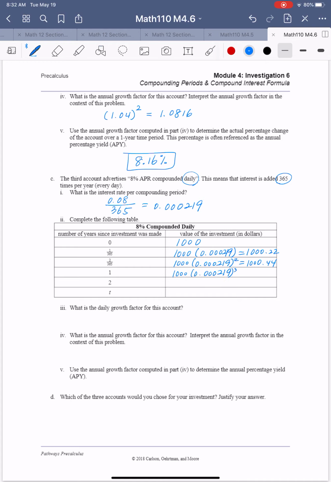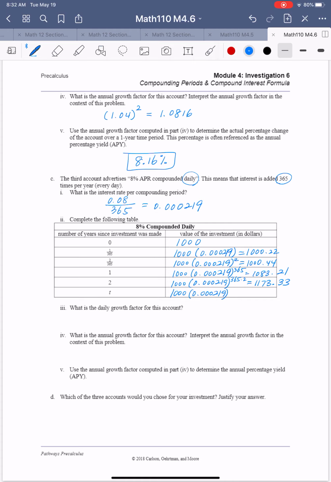1.000219 to the power 365, right? That's how many days in a year. So 1,083.21. For the 2 years, which is 1.000219, and then 365 times 2, which becomes 1,173.33. Then as a formula, 1,000,